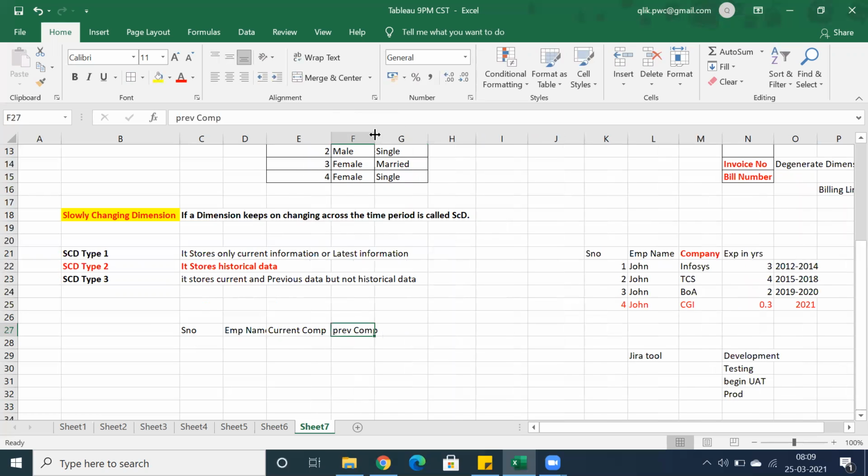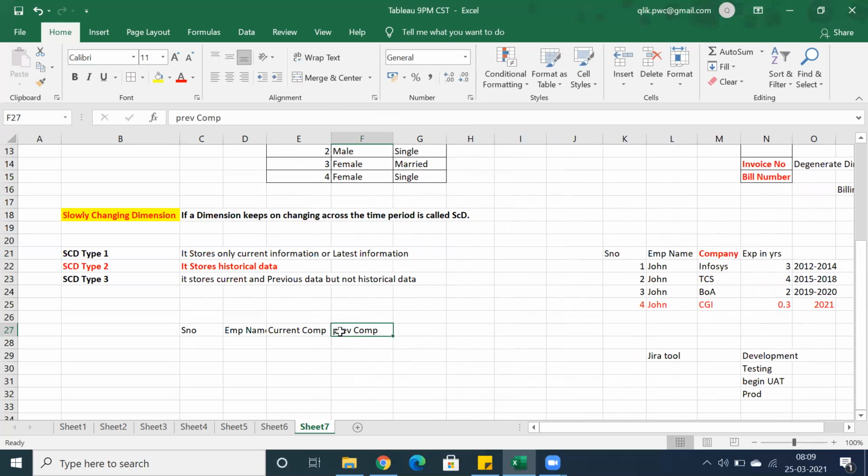This column is created on top of the date column. So SCD type 1 stores only one row, SCD type 3 is also going to store only one row, but you have an extra column. So you have the current company, CGI, and the previous company, Bank of America.